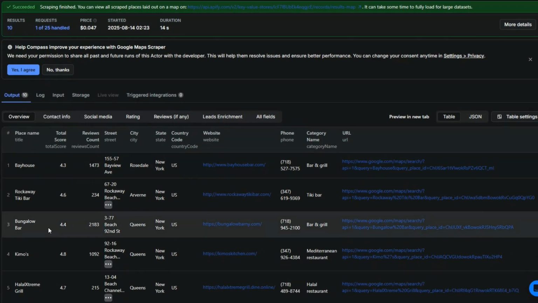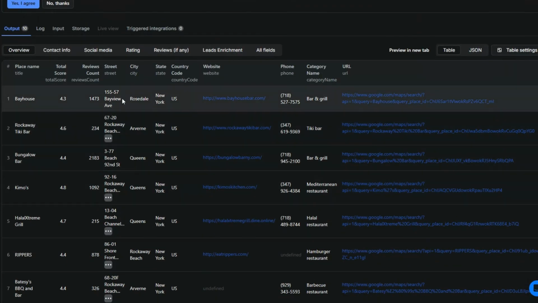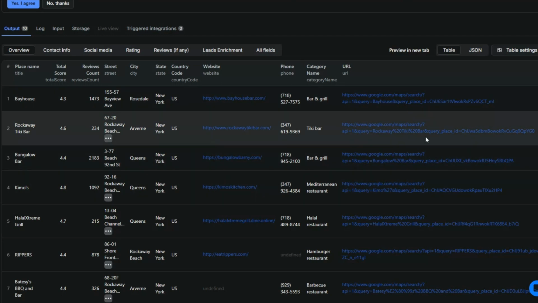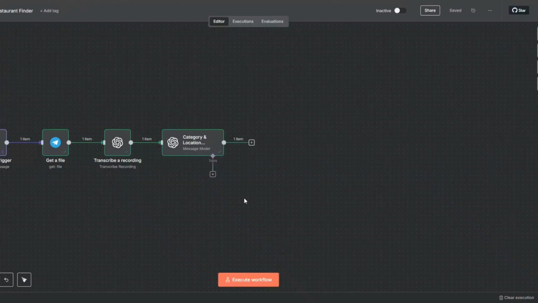So here we got the place name, total score, reviews count, the street address, city, state, country code, the website, phone number, category name, and the Google Maps URL of this specific location over here. So this is incredible. So this is the tool that we're going to use to scrape the restaurants for us over here using our